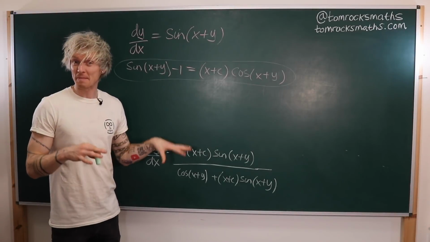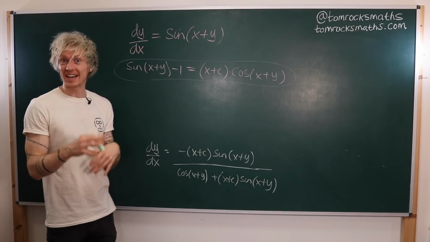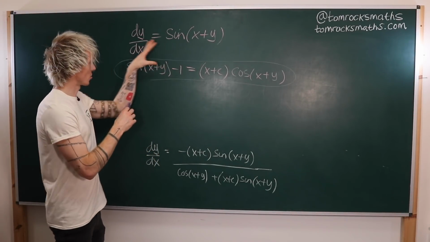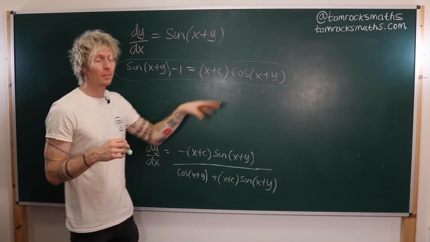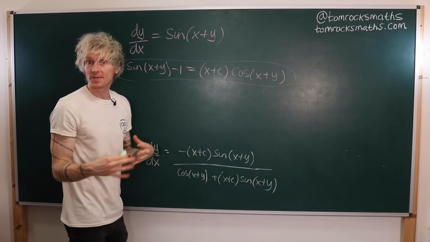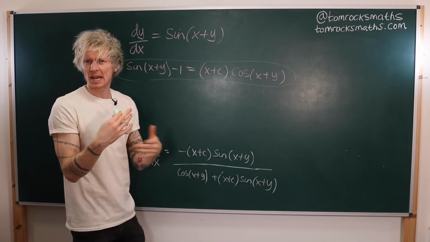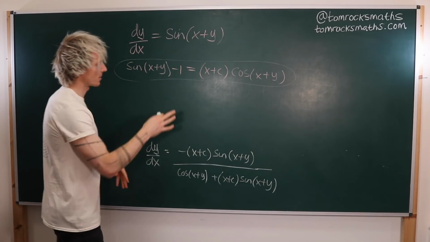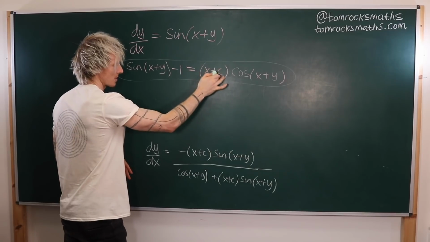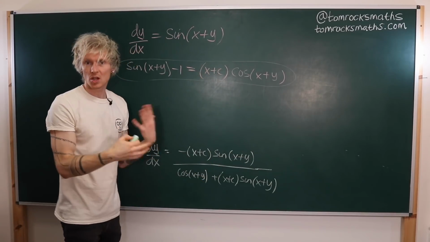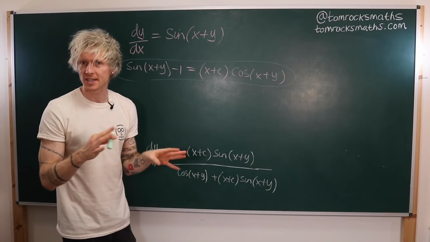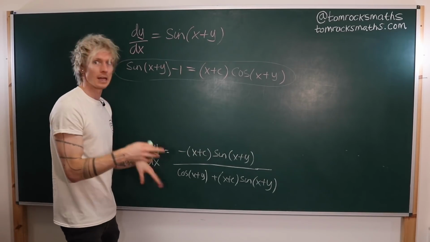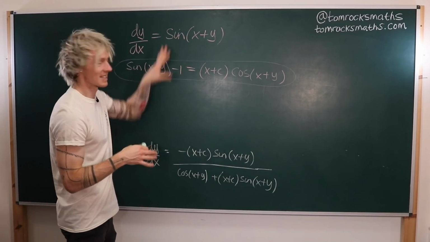This still looks quite messy, so what we're actually going to have to do now is try and use our original solution, the implicit form, to try and eliminate some of these terms. Now, there again are several ways to do this. What I'm going to do is try and replace x plus c in here with cosines and sines, because I feel more confident using my sine and cos identities, and hopefully things will cancel out